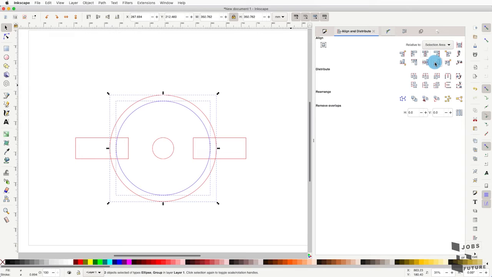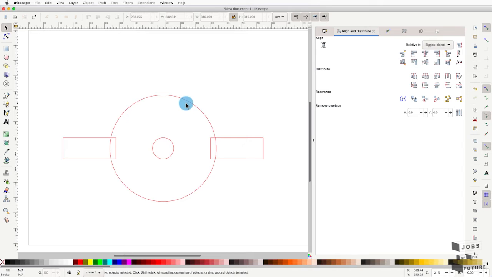So now that I have this circle that works as a construction line, I can simply select a rectangle and a circle, and then I'm going to align, selecting the biggest object, and then I can choose the right one. The same thing on the other side. I can delete my blue circle, and now I have my group, which I can ungroup,